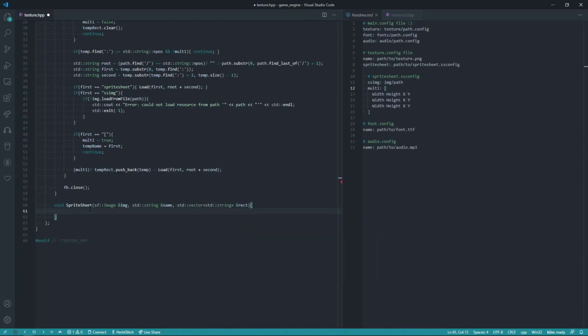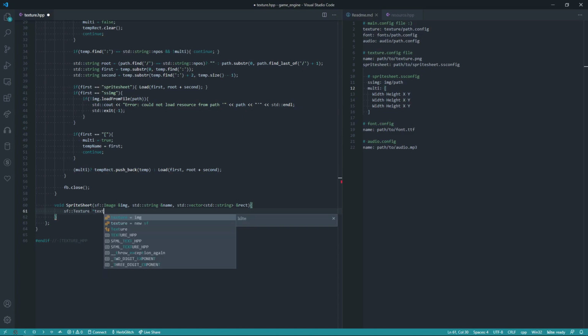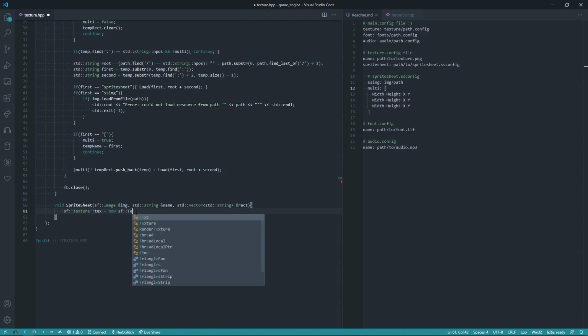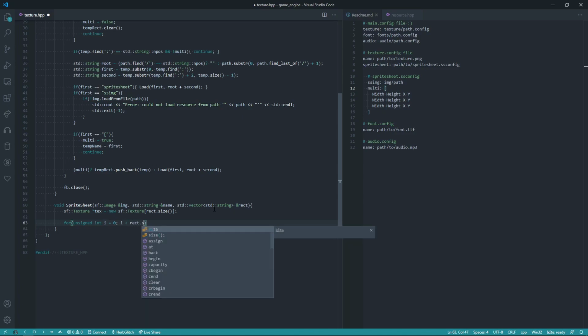Now we can create an array of textures. So sf::Texture* text, and we'll have this be a pointer array, and we'll say new sf::Texture of rect.size, and that with a semicolon. And now we can have a loop for unsigned int i equals 0, i less than our rect.size, and then i plus plus,